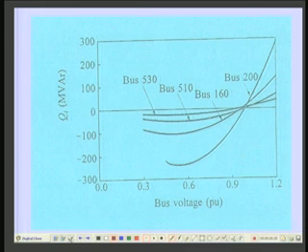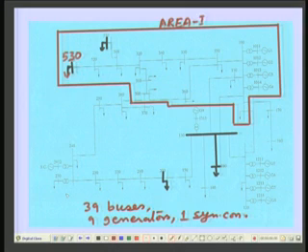Now, for generating the QV curve, the approach is that we go to this system. Let us say that we want to generate the QV curve for bus 530. What we really do here is that we inject a certain amount of reactive power at this bus, or the other way around, we say that we want to maintain a certain voltage at this bus, then compute the reactive power injection required.